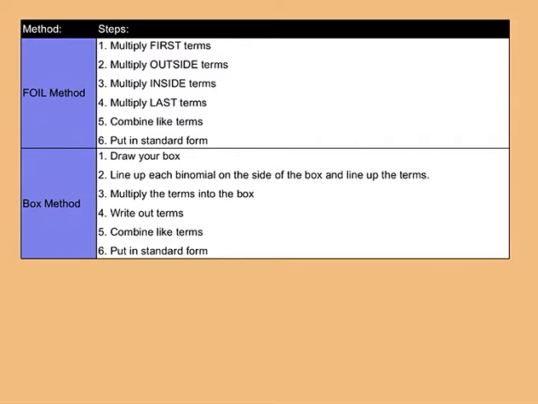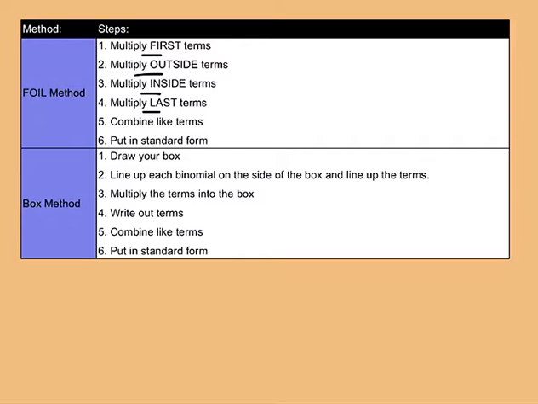The first method is probably what your parents learned and is the one most commonly heard from students, and that's called the FOIL method. It's called FOIL because you multiply the first terms, the outside terms, the inside terms, and the last terms. So, FOIL: first, outside, inside, last. Then you combine like terms and put it into standard form. Those of you that are okay with keeping track of stuff in your head,